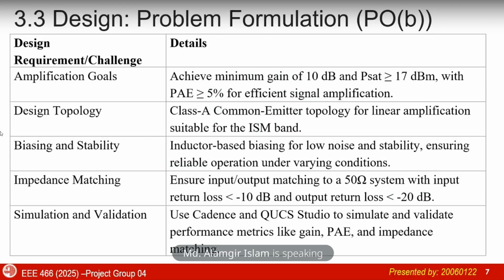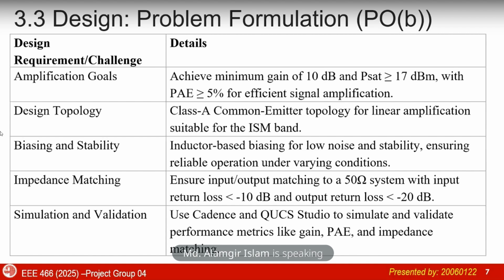Here's our design problem formulation. The amplification goal was 10 dB gain, 17 dBm saturation power, and power added efficiency of more than 5%. Design technology was